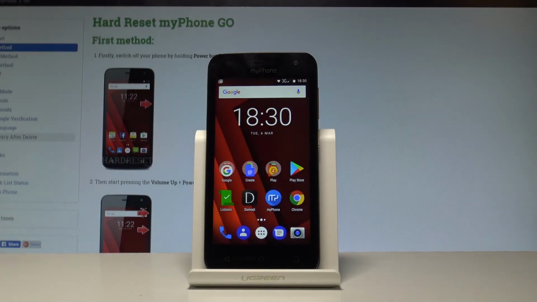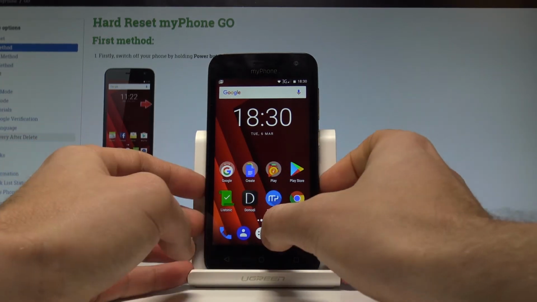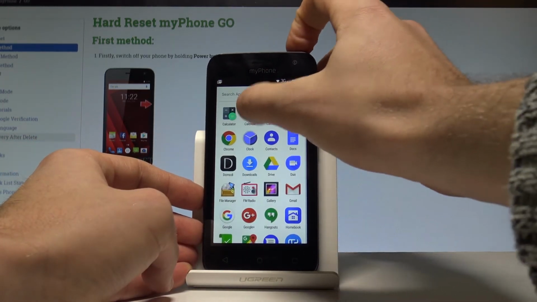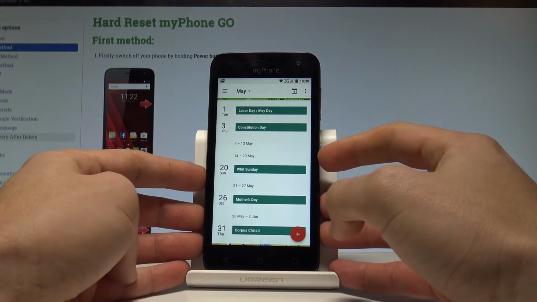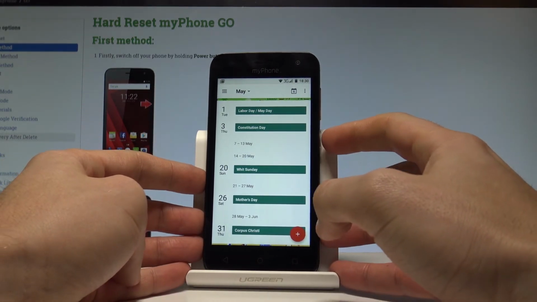Here I have my phone Go, and let me show you how to take screenshots on the following device. So at the very beginning, let's start by choosing the screen that you want to simply capture. So in my case it could be the calendar. Let's assume that I want to save the following screen, so all I have to do is use this combination,